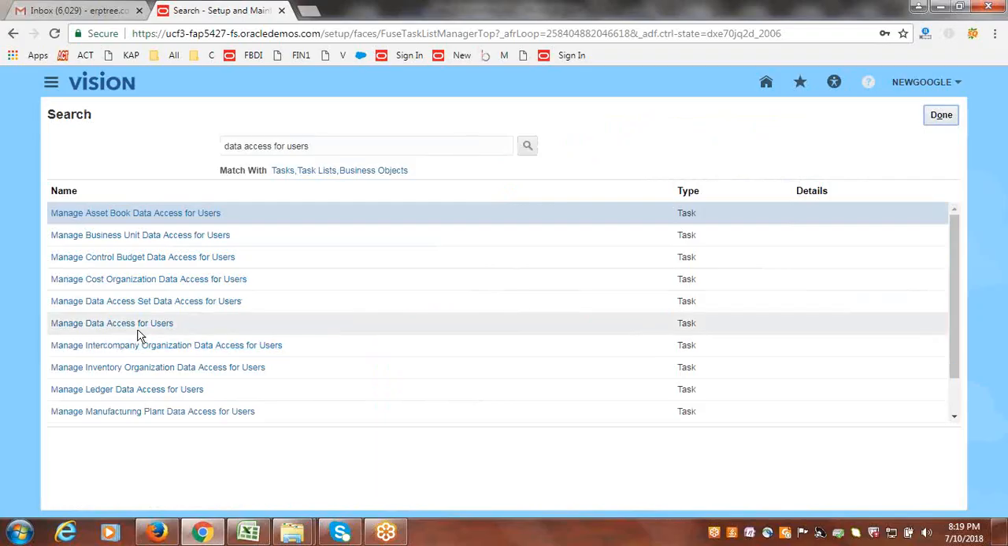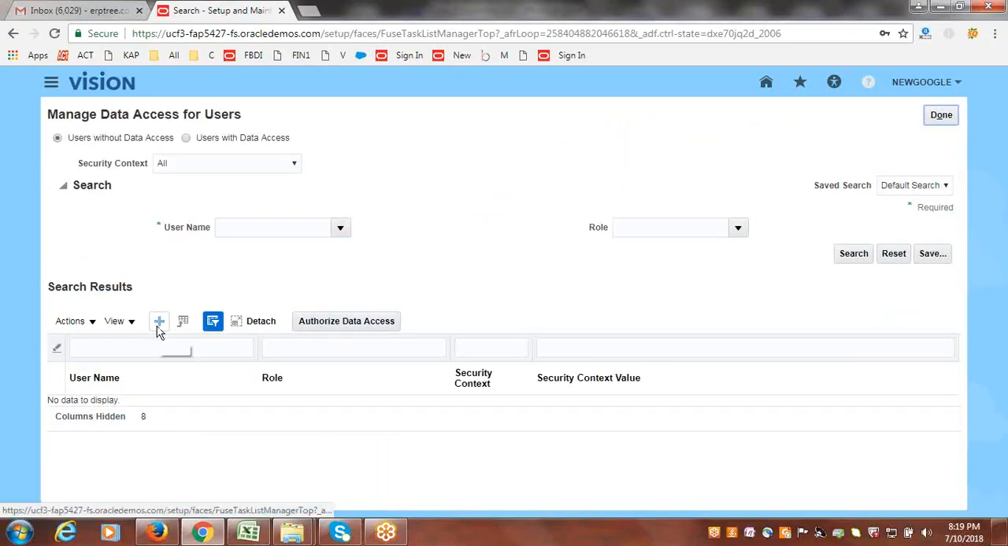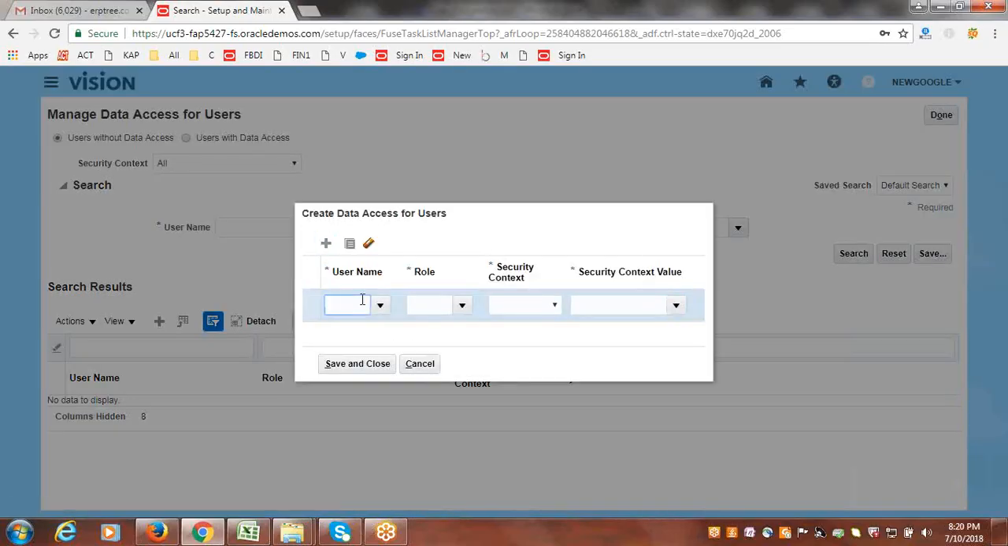Search. Click on data access for users. Just click on create. The username is INR reporting. Just tab out, and the system will fetch the name if it exists. Now go to role. We assigned only one role. Select. Security context is DataAccessSet. When you create the reporting ledger, against the reporting ledger the system will create the DataAccessSet. So select DataAccessSet,